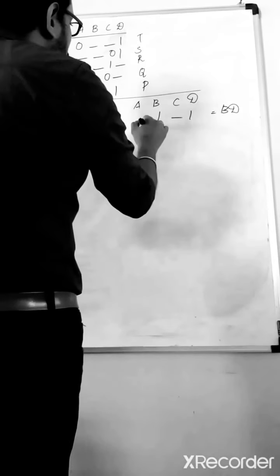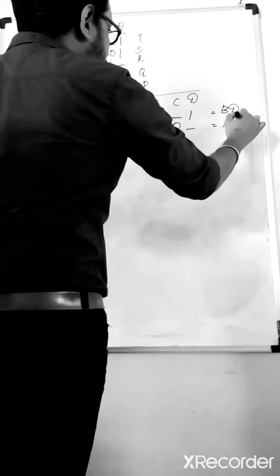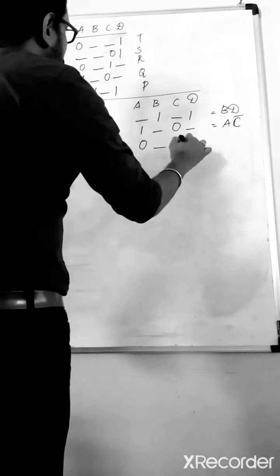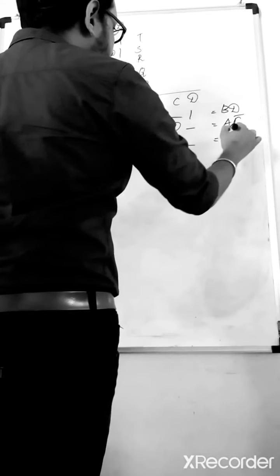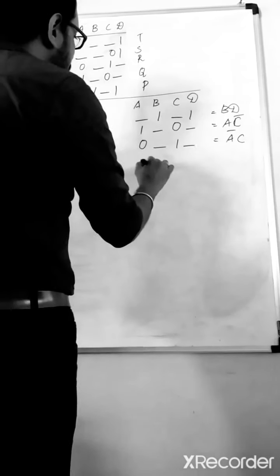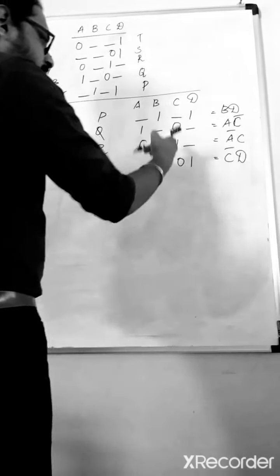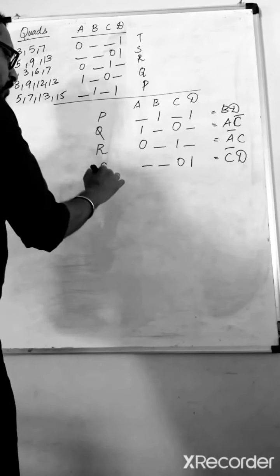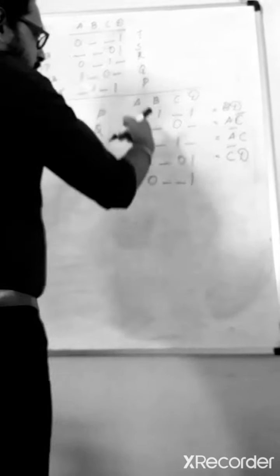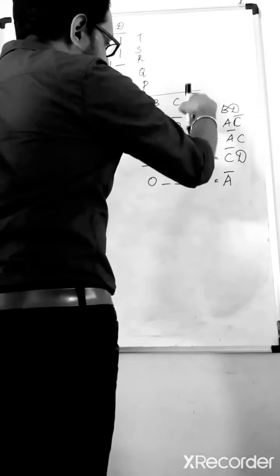Q is 1 dash 0 dash. So we can write it as A C bar. R can be written as 0 dash 1 dash, so this is equal to A bar C. S is dash dash 0 1, which is equal to C bar D. I think you understood, okay? How we got these values? 0 1 1 1: 0 has A as the value, negative 0, so it will be A bar, and D is,